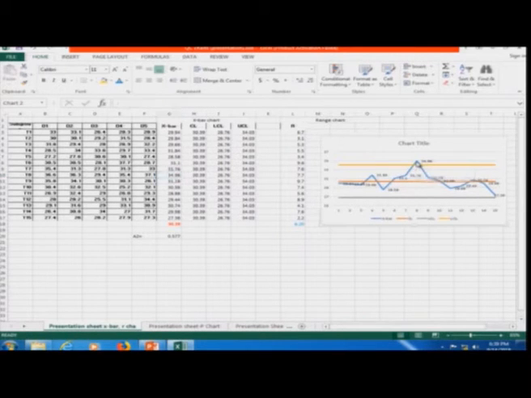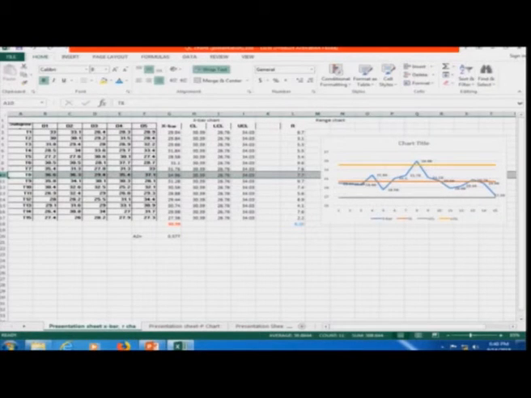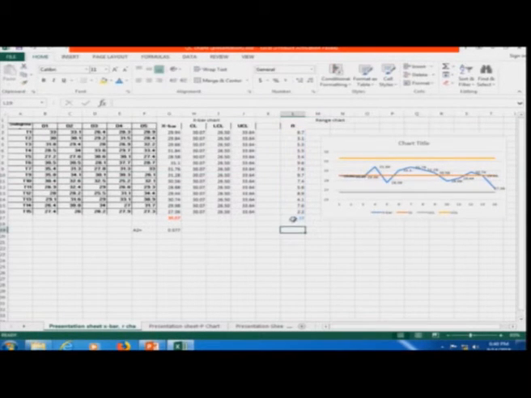If I click here, it will show this value. Let me try to eliminate this row and then check whether the process is in control, because if I eliminate one reading, x double bar would change, overall R bar would change, the values would change. But the sample size remains same, therefore, the value of A2 remains same. So, if I eliminate this value, delete, you have seen that the value has changed to 30.07 and this value is also changed to 6.19. So, these values of x double bar and R bar are changed. I have deleted this row.